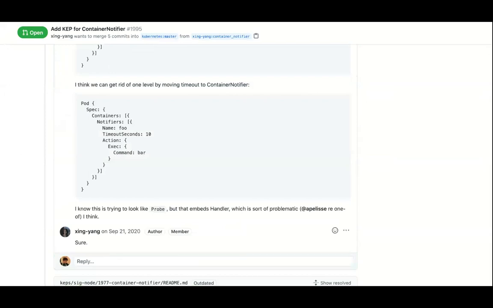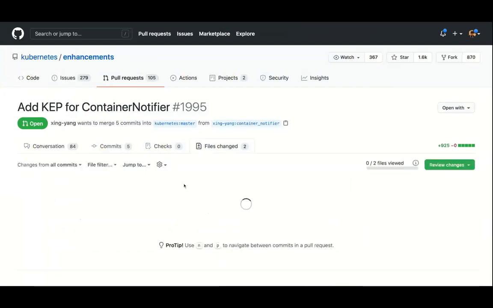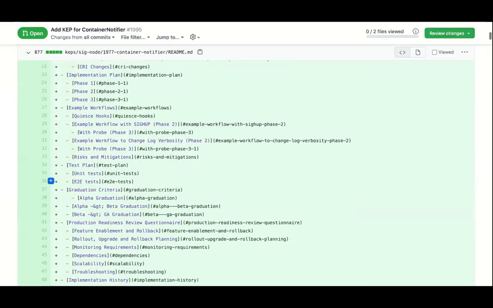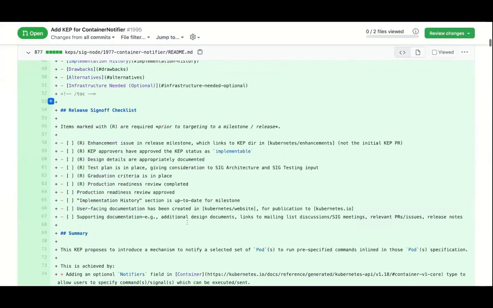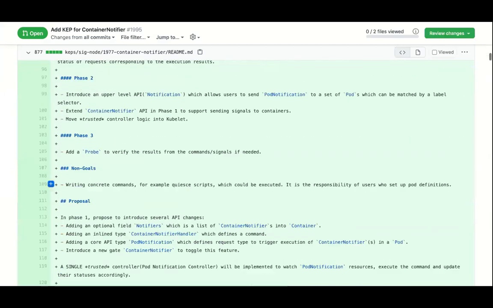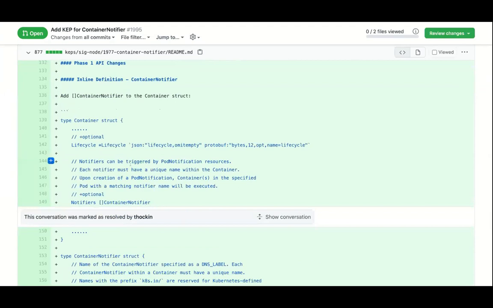Just go to the CAP itself, where it explains what is in the container notifier. Basically, the API definition actually will have some explanation there.